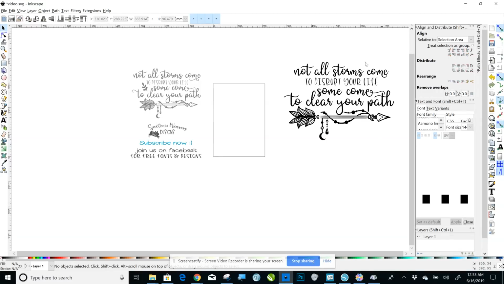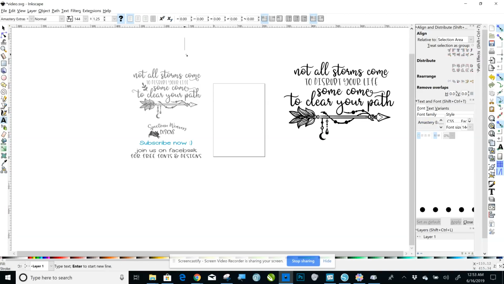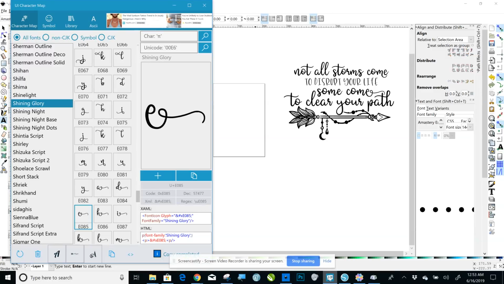Now that you have all of that done, what you need is this right here. This is in the extras of Amistary, which is the other design. That's the font that has an excellent extra set. So click on your A, and then up here, where's that? Amistary extras. Click on your workspace, go back over to your character map, and go to